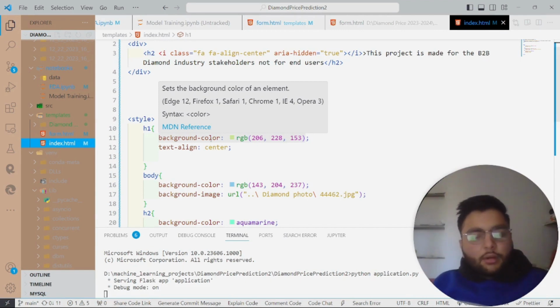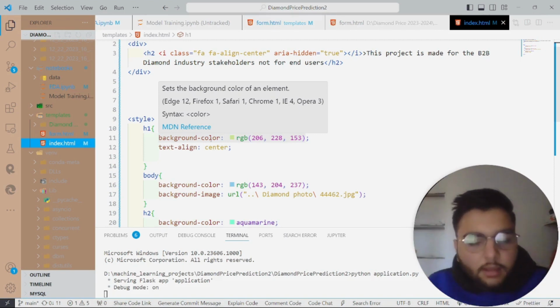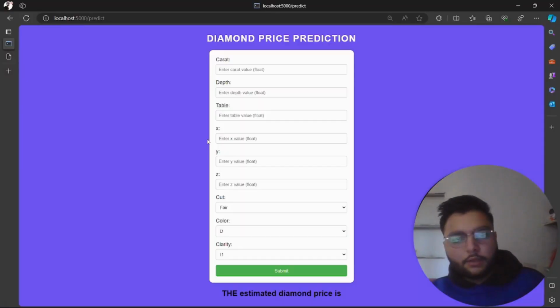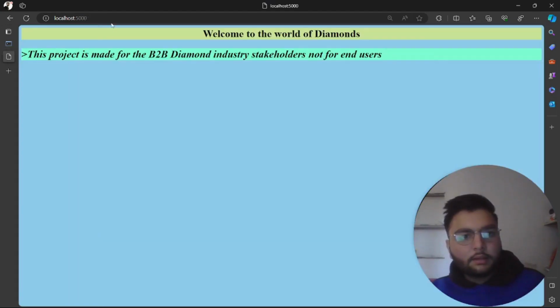As I did not want to use too much CSS, I have only used the required CSS, with whatever I know, because I don't have a web development background, but I am learning web development so that I can make web pages on my own, not depending on others.